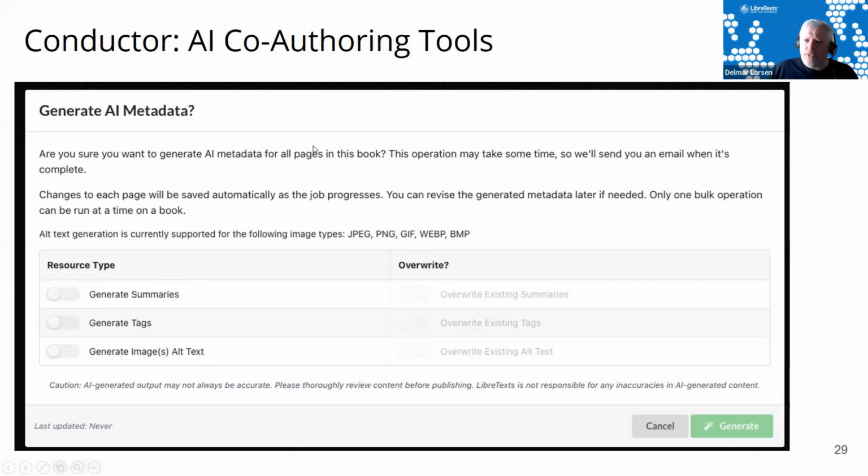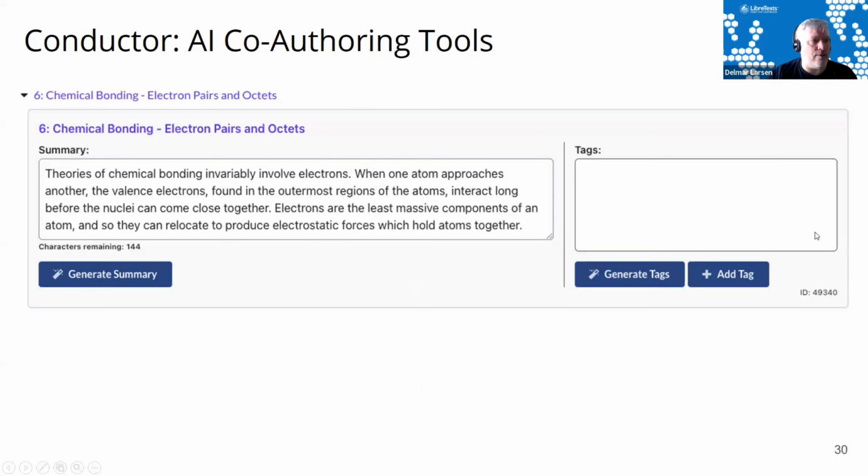So in other words, once we actually run these over our 1.5 million pages of content, there'll be no images on our platform that don't have alt text. Every book will have an index that you're able to use constructively. Every book will have summaries for every page that's on there. We'll then be able to extend this to glossaries for every book, learning objects for every book. In other words, you can take your book to the next level of what OER needs to be, because OER should be focusing, at least in my opinion, on quantity and quality in our development of textbooks. And this is one way to facilitate this. And I think this is really cool. And I encourage you to take a look.